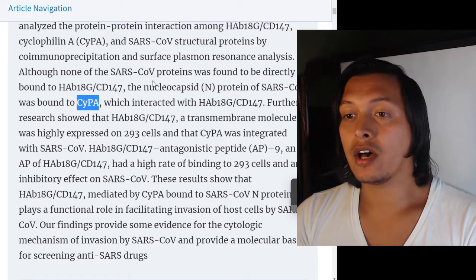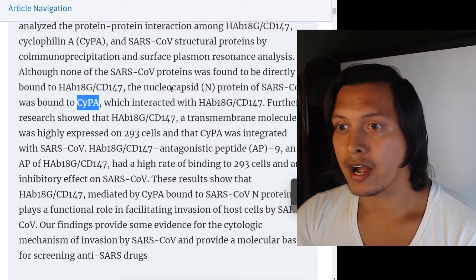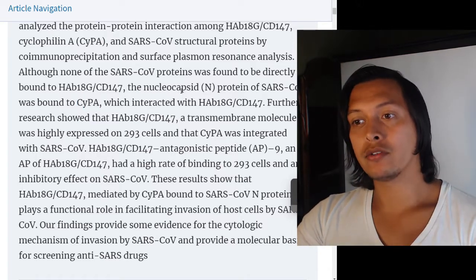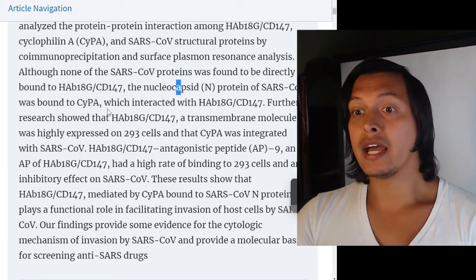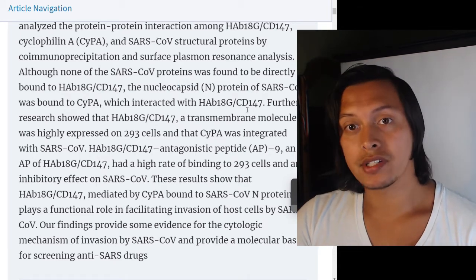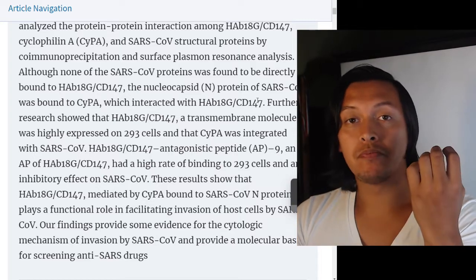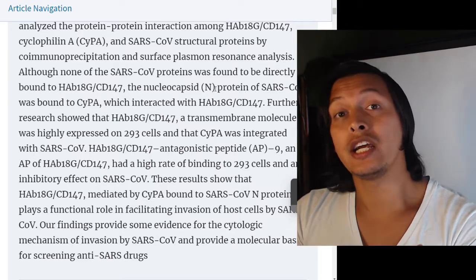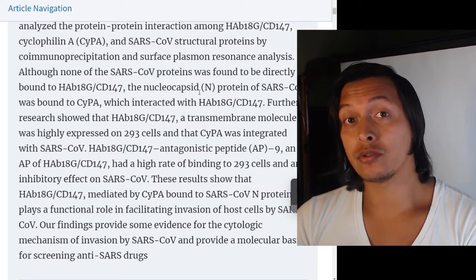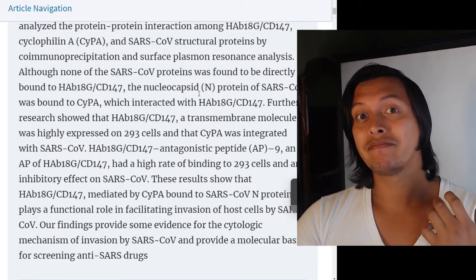So this is of the original SARS virus, where they found that the nucleocapsid protein bound to CYPA, and then CYPA bound to CD147. The best way to describe it is it's a chain of interactions that allows the virus to stick to a